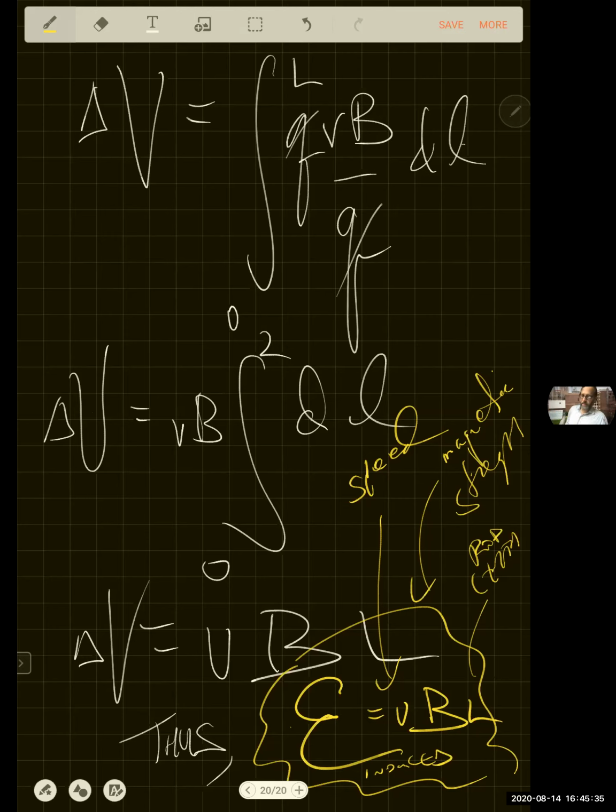But the crazy thing is that it turns out it's not just true in this case, it's true in any case. I'm not saying this logically should be true, but it turns out that whether he moved the rod through a magnetic field, or moved a magnetic field past the rod, or changed the strength of the magnetic field, or changed the area enclosed by that loop, no matter what combination he did, this VBL result was always obtained, not for any obvious reason, but just because it did. In other words, all this reasoning shows that you'd get a voltage in this one case, but